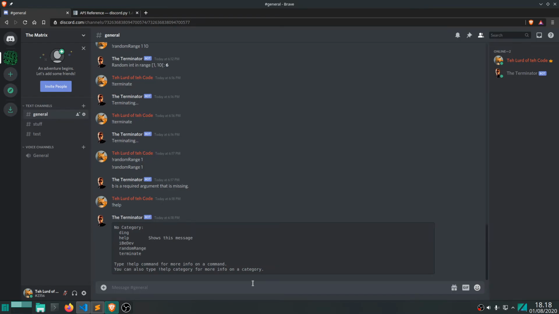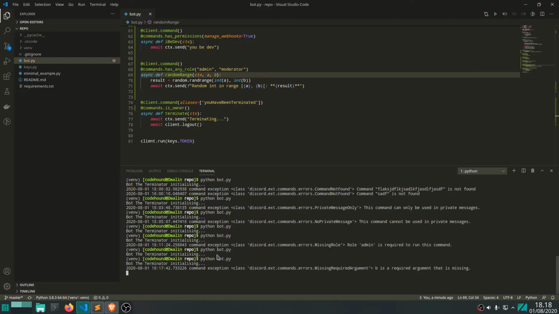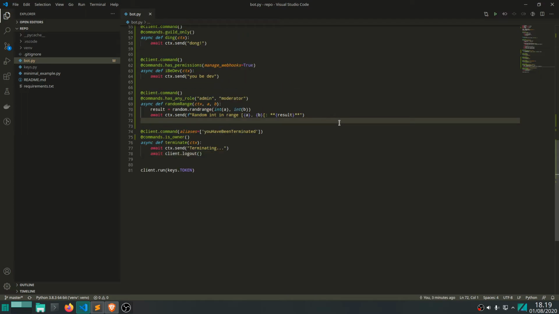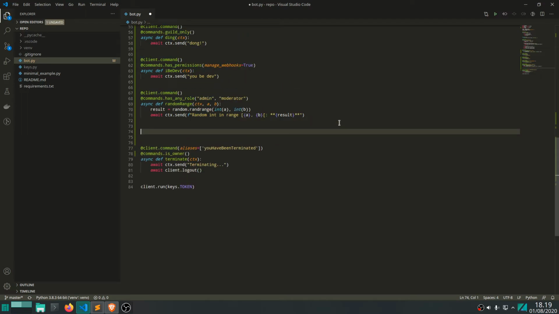Okay, so one last thing I want to show you before we wrap this video up is that you can also make custom decorators and your own predicates. So let's try and take a look at that. So let's start by adding another command here, client.command,